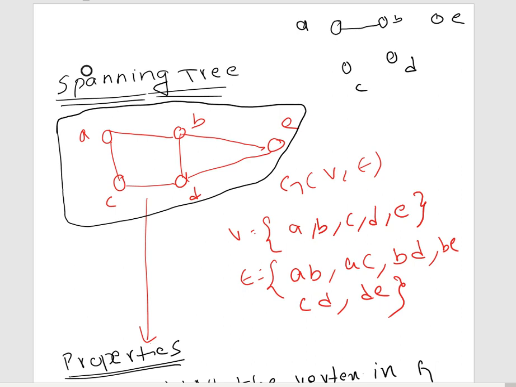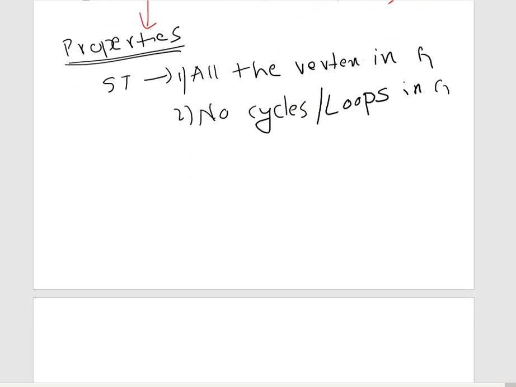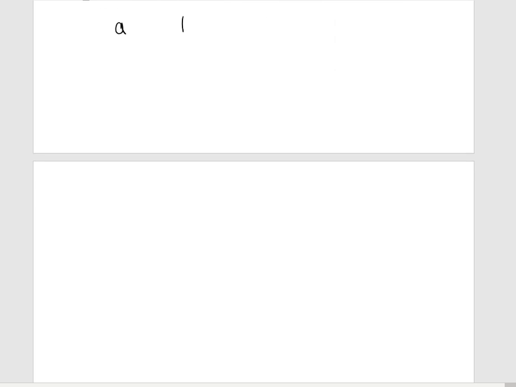So AB, if I introduce AB, you can introduce the BE edge as well, the AC edge and the CD edge. This is a spanning tree. This is spanning tree 1. There are no cycles and each and every node is there. And let me draw one more spanning tree. I have the A, B, C, D, E graph, and now let me draw like this. This is also spanning tree 2.